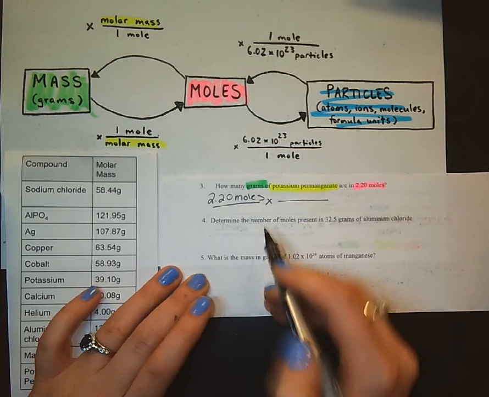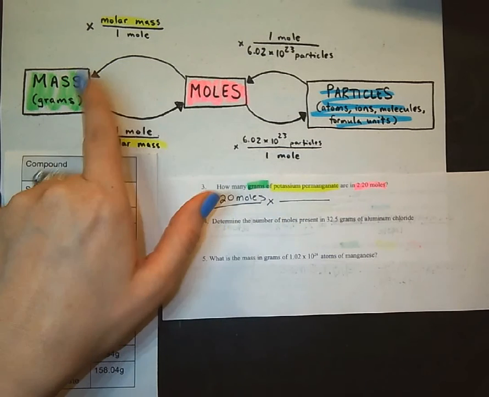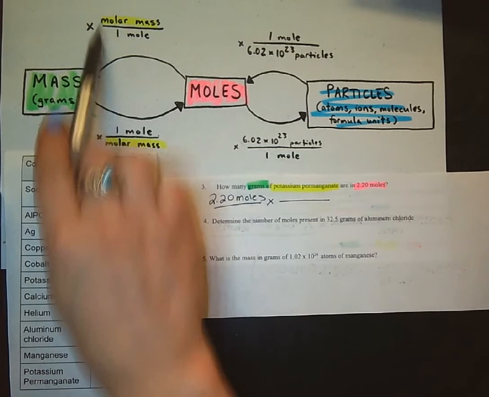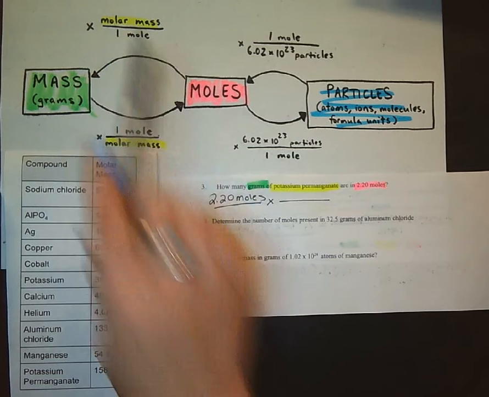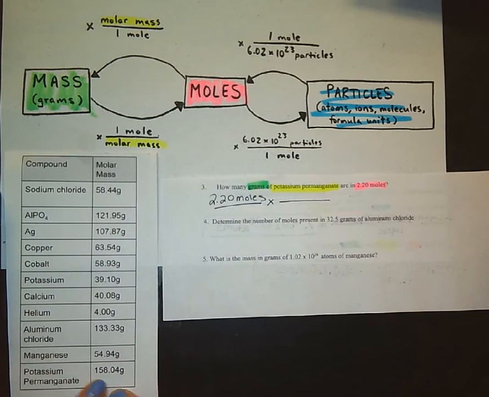And we're asking for grams. So we're going from pink to green. That means we have to follow our arrow. We're going to use this top equation. And we do need to find the molar mass of potassium permanganate. So if we take a look at that and look at our sheet, molar mass of potassium permanganate,